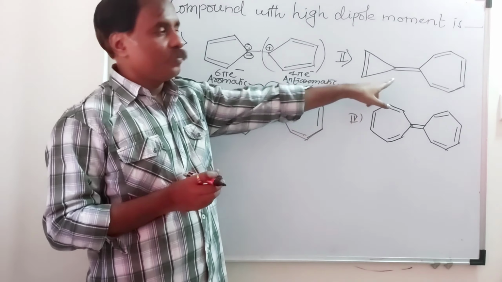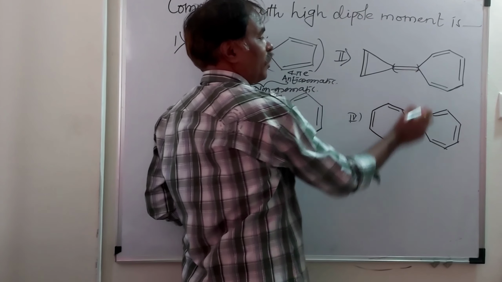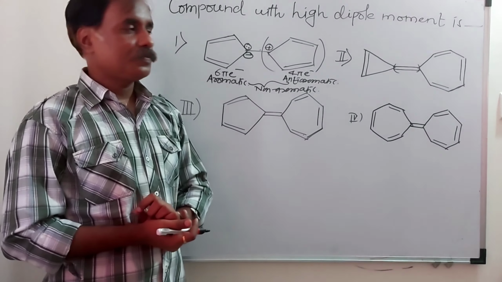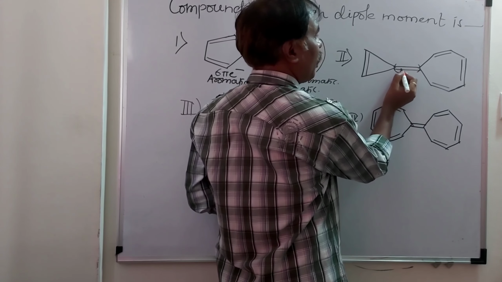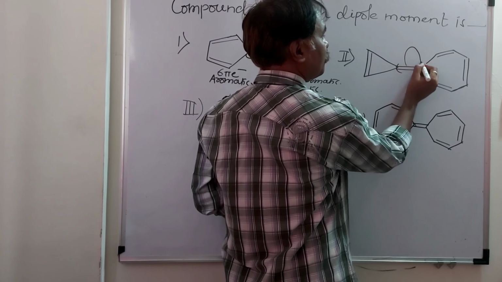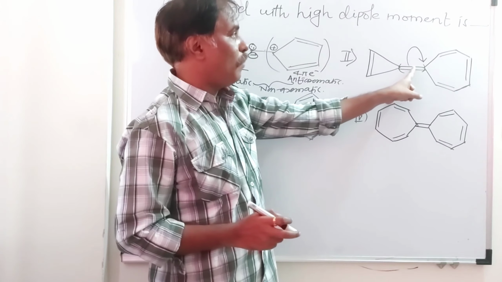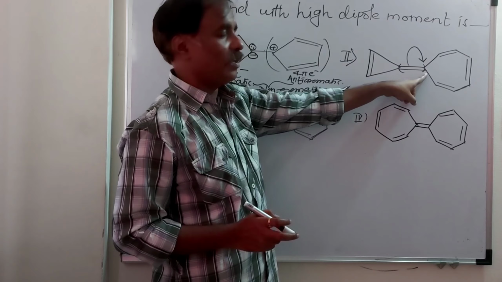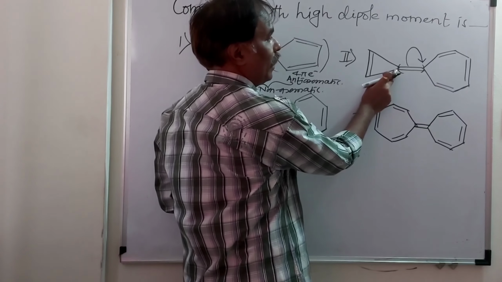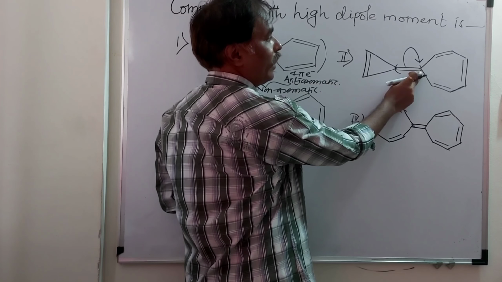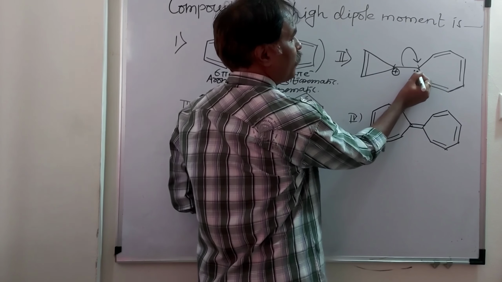Number 2. Now, again here is an exocyclic carbon-carbon double bond. Suppose we break a pi bond like this. Here there are two possibilities: breaking a pi bond and shifting both electrons toward this carbon atom. We'll see both. This carbon will be the electron donor, so this will acquire a negative charge, and this will acquire a positive charge. Here it is a negative charge.